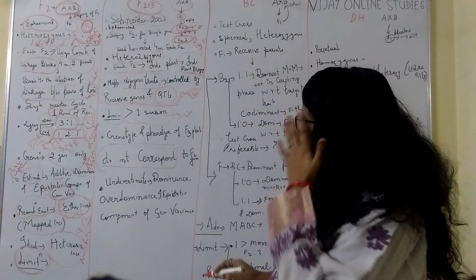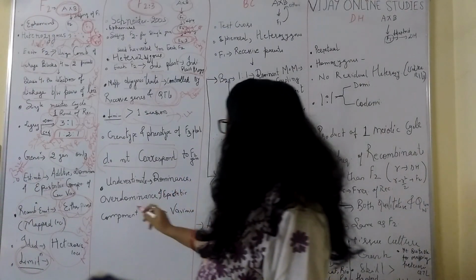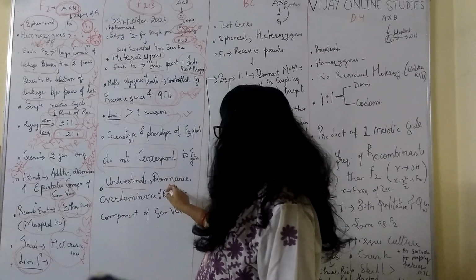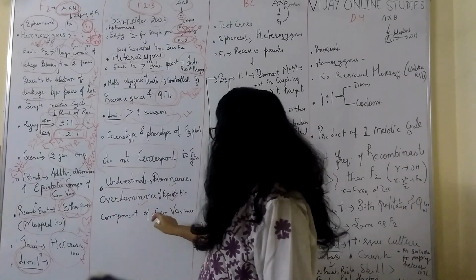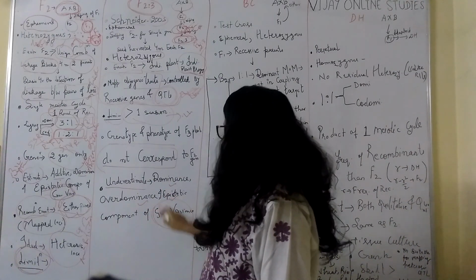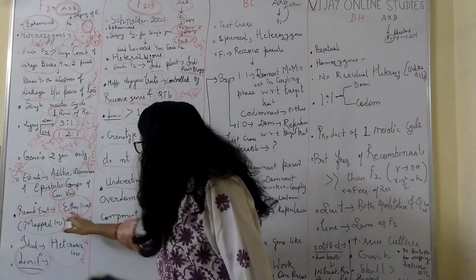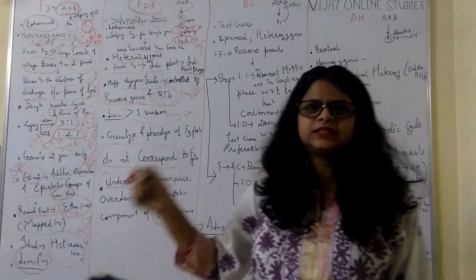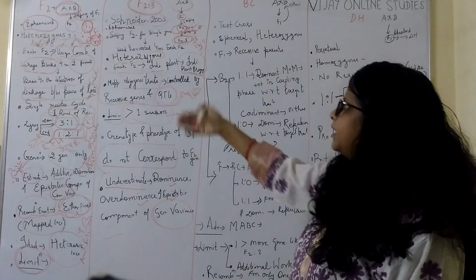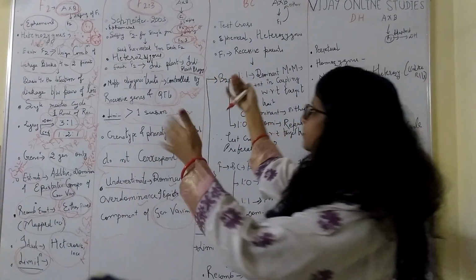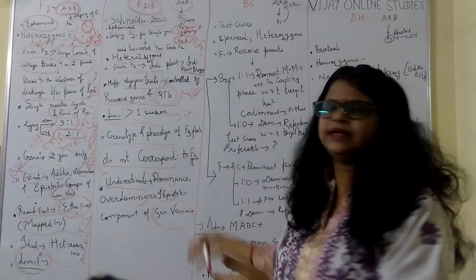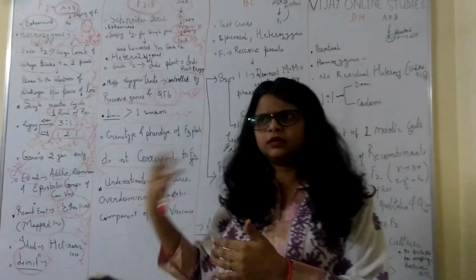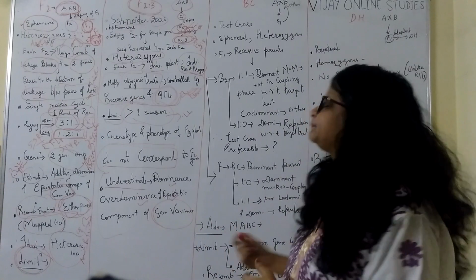Another disadvantage over F2 is that it does not estimate the dominance, over-dominance and epistatic components of genetic variance, which the F2 mapping population is estimating. So these are some points: when in ARS you are asked to differentiate, or to give similar and different points, you can write like this. Even in some interviews they used to ask.